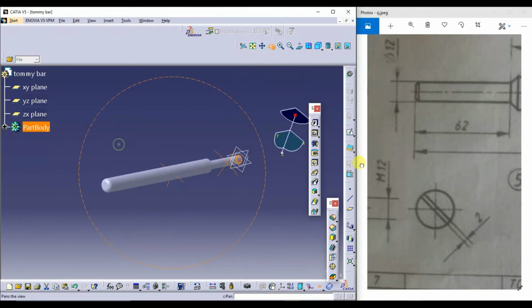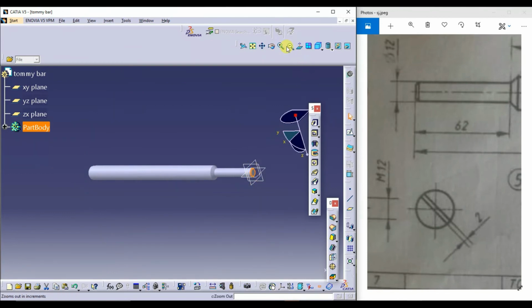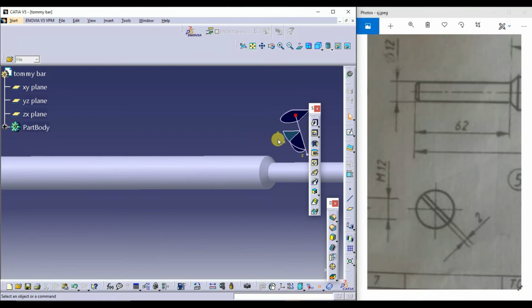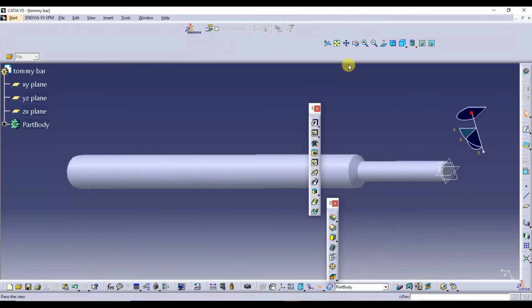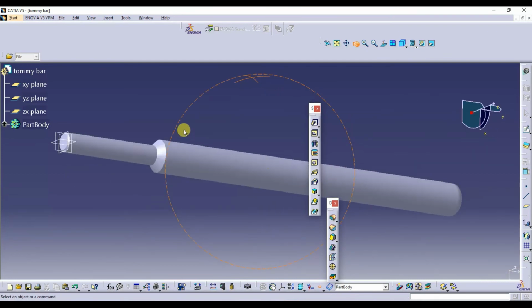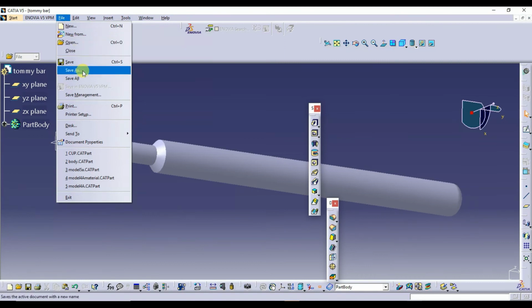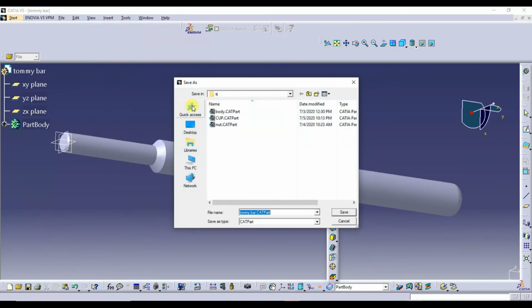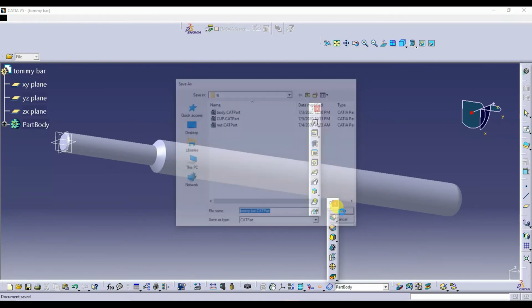So this is a Tommy bar. Just I'll save this. Already I have saved this part, Tommy bar.